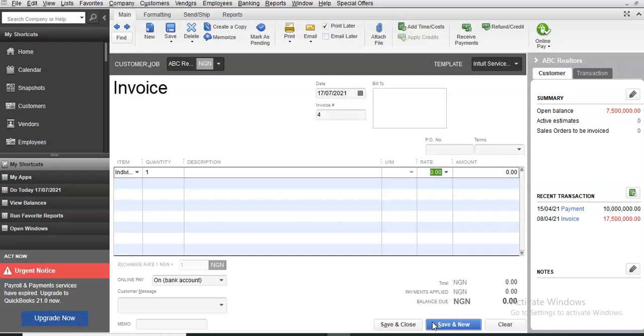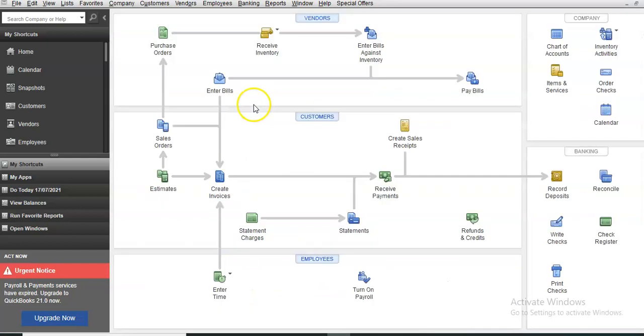So at the point when the pledge is being fulfilled, I'm going to put a description here. So we have a donation for youth empowerment. So we can put that, right? So I'm going to save and close. All right. So you have it here as a pledge. So by the time the donor fulfills this promise, it means that they have actually paid the money into the bank, right? So you can easily use your receive payment to,